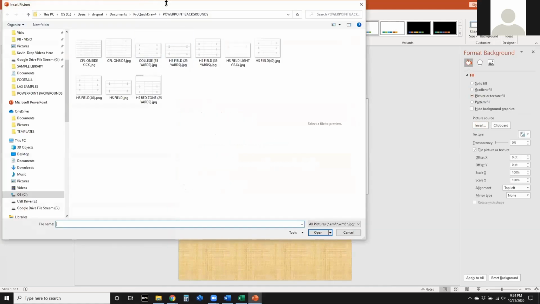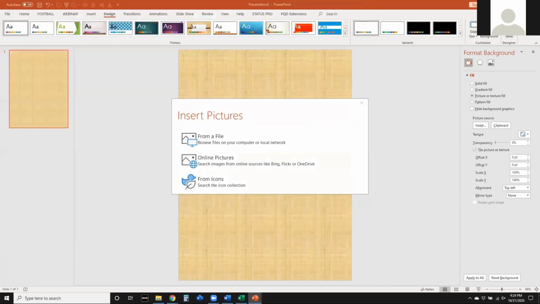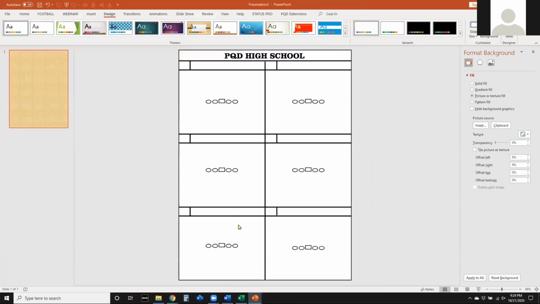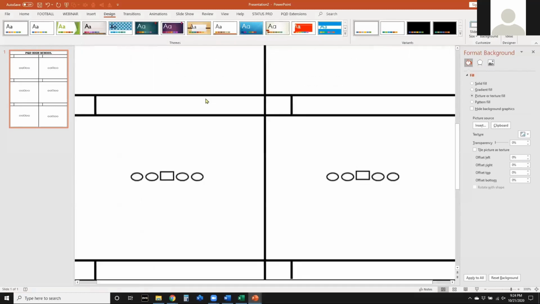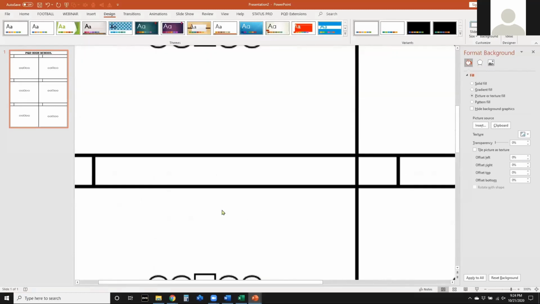Well, the file that I want to insert is exactly the one that I just saved. So I'm going to go back to my Documents folder. It's called the 6-up DTC. So now I'm going to insert that drawing, and now what I've done is I've essentially created a locked layer for this drawing. So now when I go to print it, it looks really smooth, it looks really clean. But now when you start adding in objects and players and things like that,